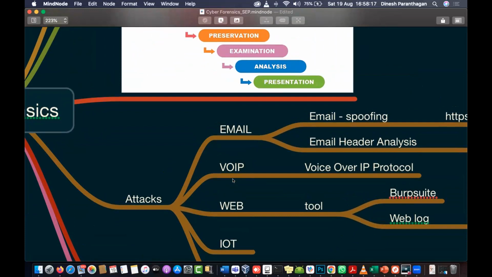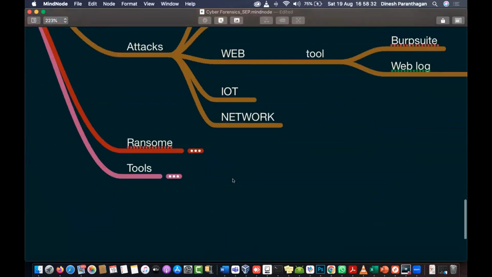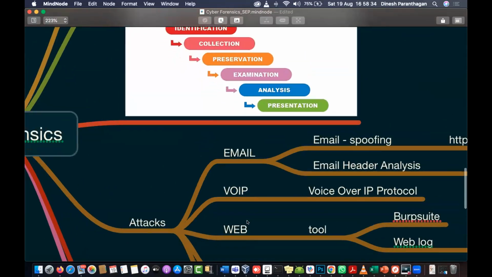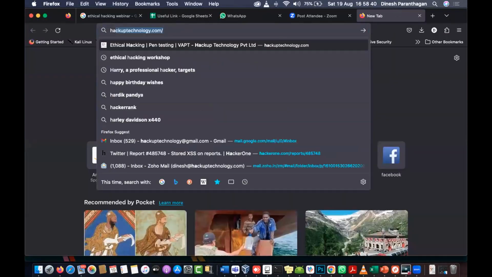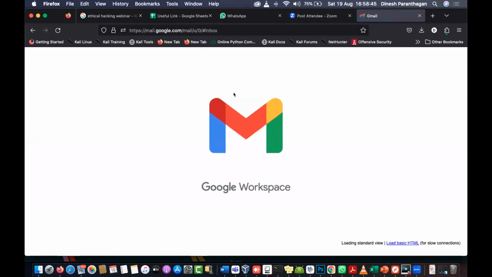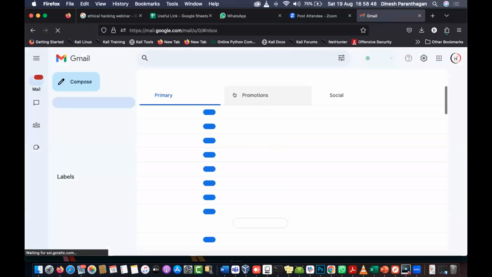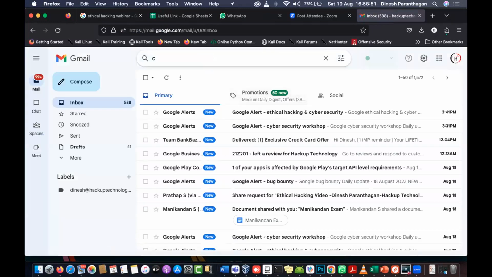Most of the members have explained about email crime. There are different types of email crime that may happen, and they may or may not use a VPN. And what are the techniques we follow when we need to find those cases? So first, about email crime, I'll explain with a few demos as I mentioned. Whatever content I'm explaining here is only for demo purposes. Here I just opened an email, and I'll search for the email which I demonstrated for a police department when we were handling it there, COMMR.